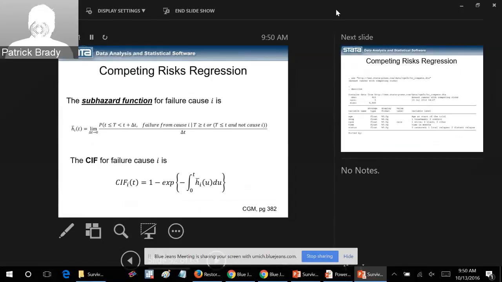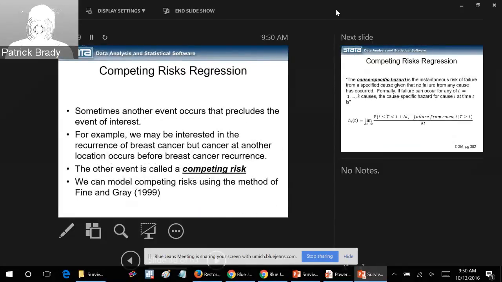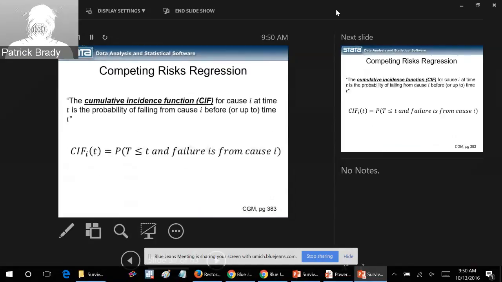So now we have to make this even more complicated. There's the subhazard function, which is failure per cause I for a particular cause. There's this average over the whole thing. The main thing we're interested in here is the cumulative incidence function, and I have different ones for different causes. And Fine and Gray, the guys that wrote this paper back in 1999, I think I'm saying this correctly, that